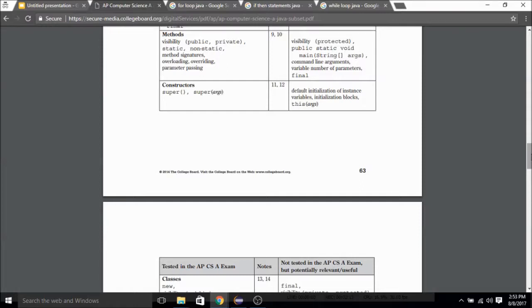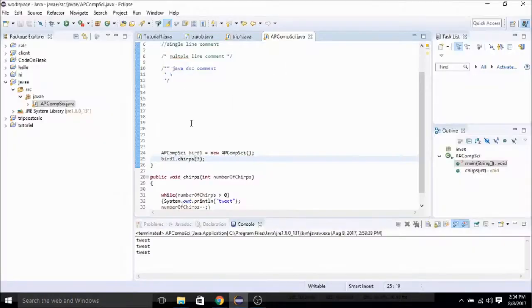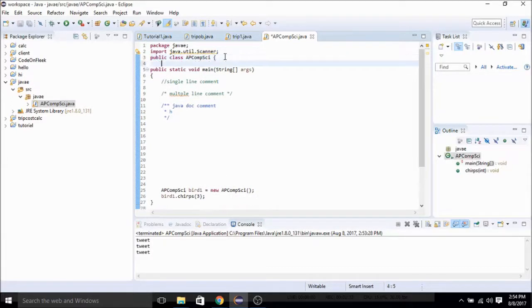For a constructor, you just write public, and constructors are usually public and they don't return anything. Then you write the name of the class, and in parentheses you put what you'd like. Here, let me show you. For example, we write public, and then you put the name of the class, and my class name is AP Comp Sci, and then you put some parentheses,